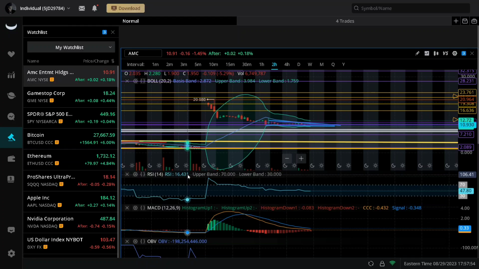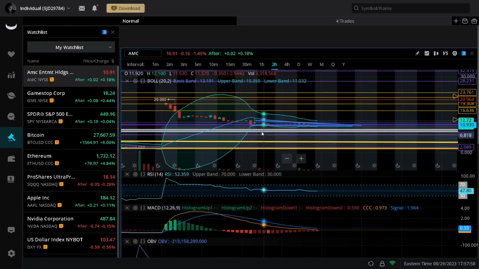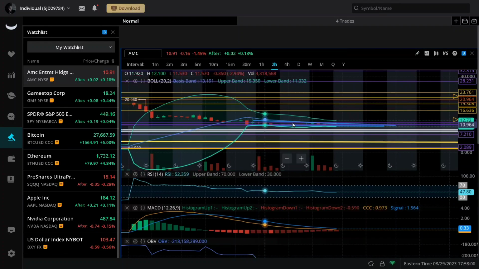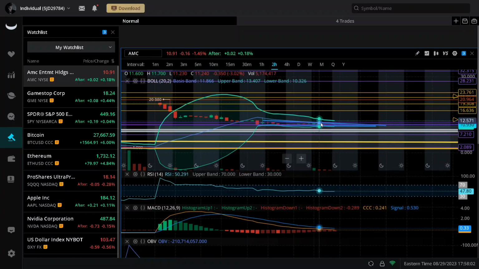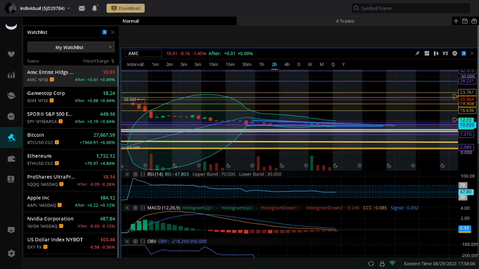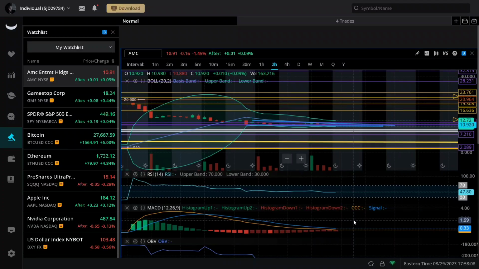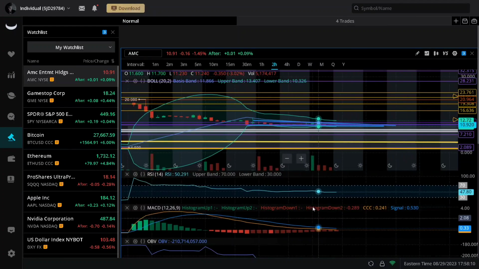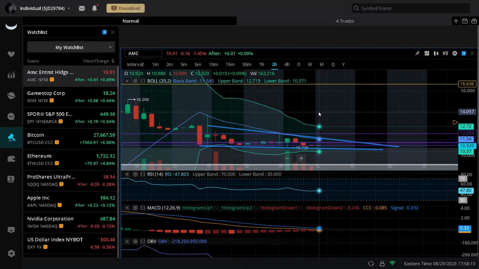But guys, this is pretty much the video. Again, I do think AMC is going to start bottoming. Basically, you can see the Bollinger Bands constricting. I think $10 is going to be the bottom, $10.50 around that range. You can see the MACD starting to curl to the upside, and you can see this $10 level trying to be held as support.